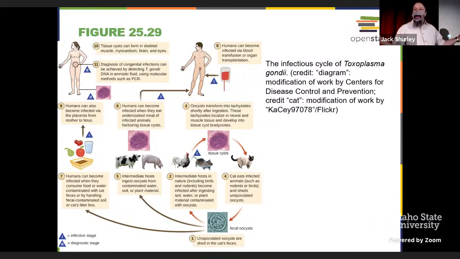So just kind of depends. Maybe you're the only one, all right? You need to be careful and make sure that you wash your hands when you're done changing the litter box. You also want to try to not get a bunch of dust. You don't want to aerosolize the litter to in turn potentially inhale some of that. That can be infectious. We see here other stuff, fruits and vegetables and water might be contaminated with the oocysts.